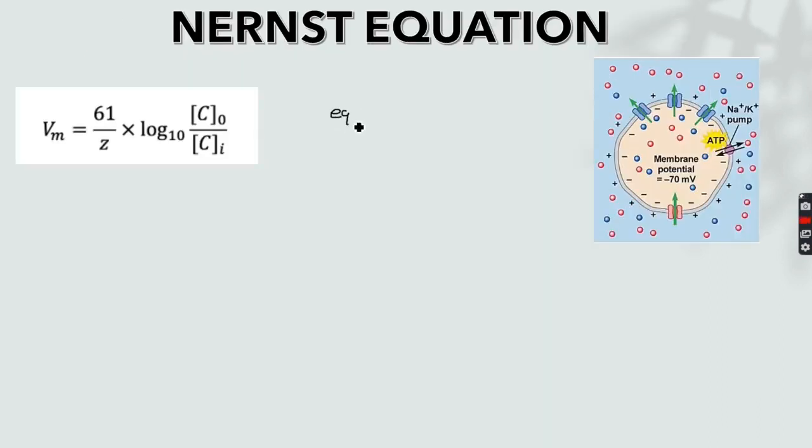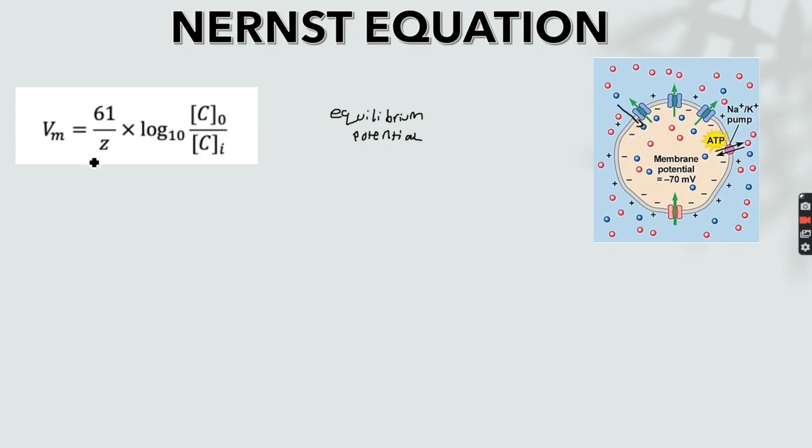Equilibrium potential is when the rate at which ions leave the cell due to the concentration gradient is equal to the rate at which ions enter the cell due to the electrochemical gradient. So let's just imagine only one type of ion could cross the cell membrane. Well, that would reach an equilibrium potential, and the equilibrium potential of that ion will equal the resting membrane potential